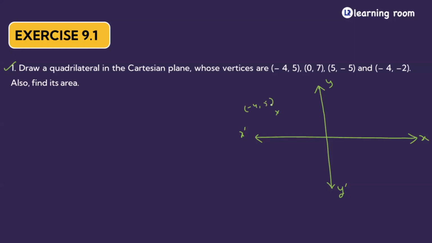0, 7 is on the y-axis. So 0, 7 will be above, because this distance is 5, this should be 7. Then 5, -5 is in the fourth quadrant, so it is going to be somewhere over here. Then what about -4, -2? Third quadrant. So -4 is here, and -4, -2 should be coming somewhere over here. Okay. So if I join these,